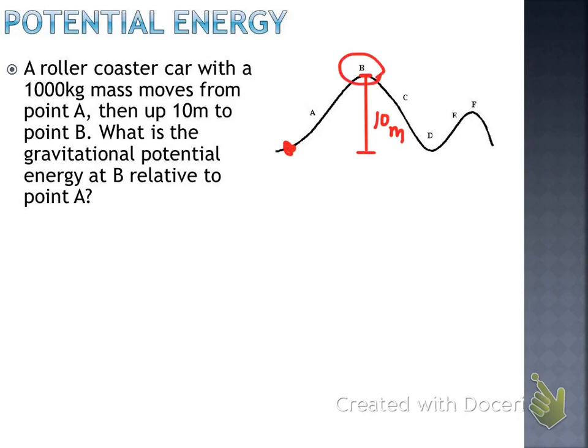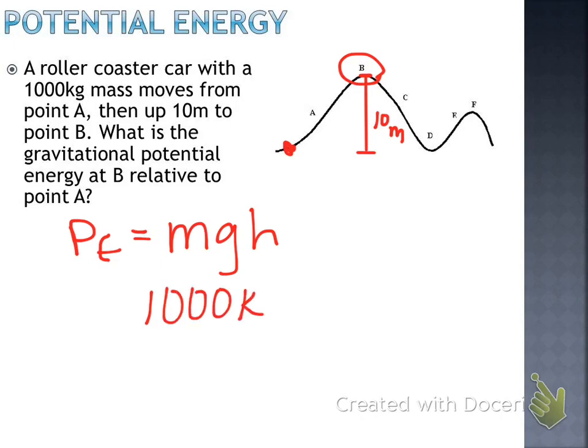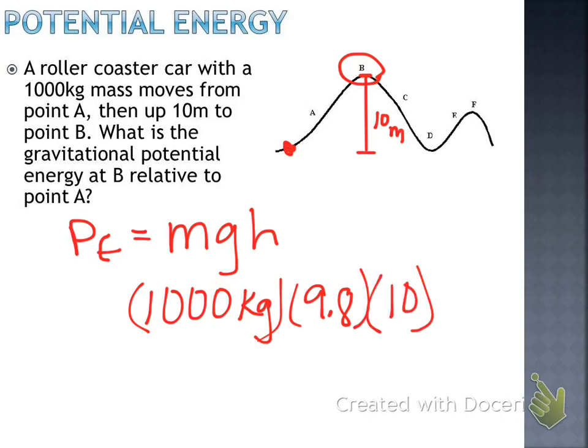So at point B, we want to find the gravitational potential, so we're going to do mgh. The mass of our roller coaster is 1,000 kilograms. Gravity we know is 9.8, and the height is 10. Here we don't need to use the negative 9.8 because we're not falling, we're not looking at something that's going in the downward direction. We're just looking at the value of gravity. So you don't have to use the negative there. So our potential energy is equal to